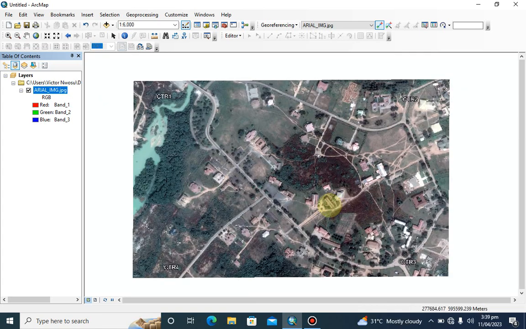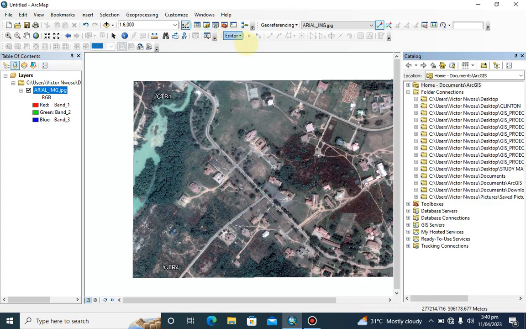So let's say you are having a particular project to produce a bathymetry chart of this region of this river. You want to do a hydrographic survey of this region and you want to put it as a visualization in your report that this is the region you did your hydrographic survey on. So you just want to digitize it on this map, then add it to your report as a study area map. So how to do that is just to go to your catalog here, right click on it, navigate to